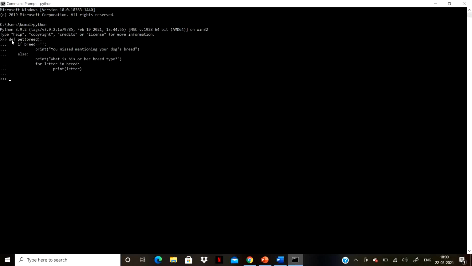Here we have created a function pet which takes in the argument breed. So we use an if and an else statement. If there is a missing value in breed, it will print out the first line of code which we mentioned above: you missed mentioning your dog's breed. Else it will print out the second line and then execute a for loop, giving out each letter from position 0 of that input value to the last letter in that breed.